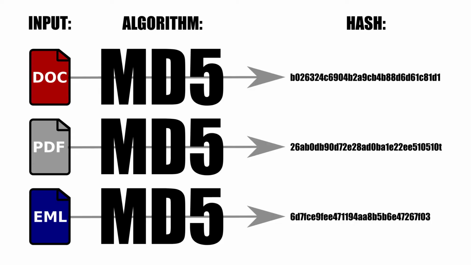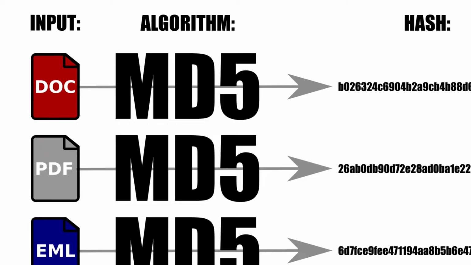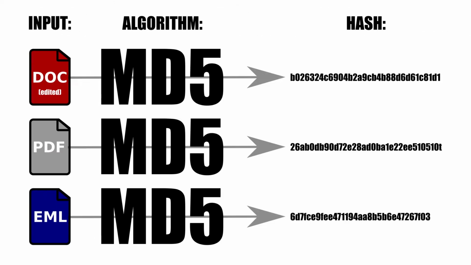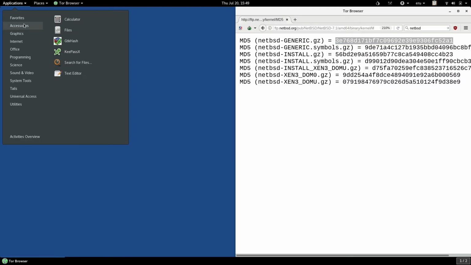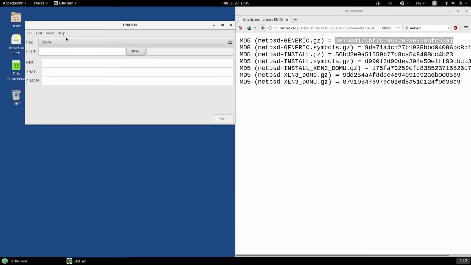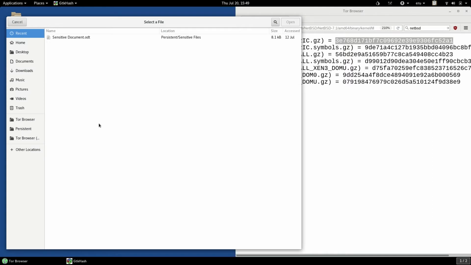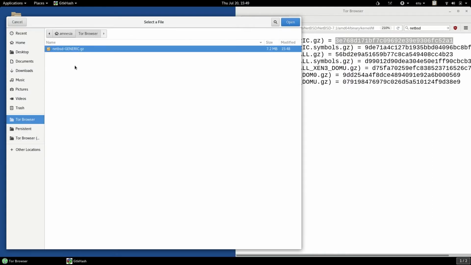The hash of the file should always be the same, as long as the file is the same. But if the file changes in any way, even if just one byte of it is different, it will give you a different hash. So checking the hash of a file is a good way of checking that it has not changed. Hashes are often used to make sure you've downloaded a file correctly, or to make sure that an attacker has not tampered with the file while you were downloading it.